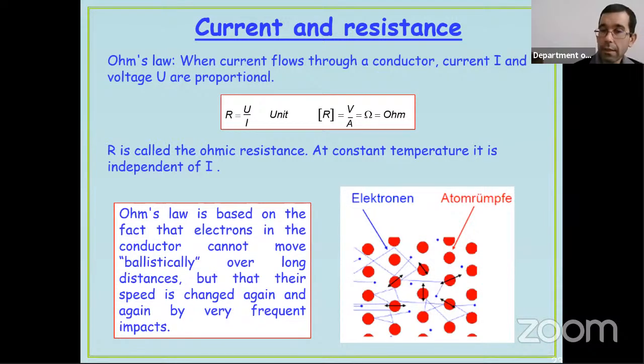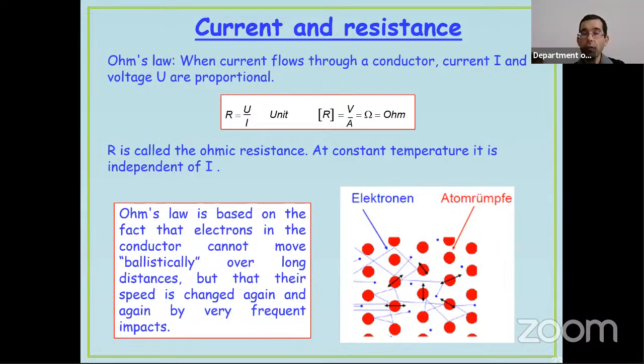And now I have already talked about the cause and the result. The reason is the voltage, and the voltage causes the electric current. And if we determine how the electric current depends on the voltage, then we can realize that there is a proportionality between them. And this proportionality will introduce us the resistance, the ohmic resistance. The resistance is the ratio between the voltage and the created current.